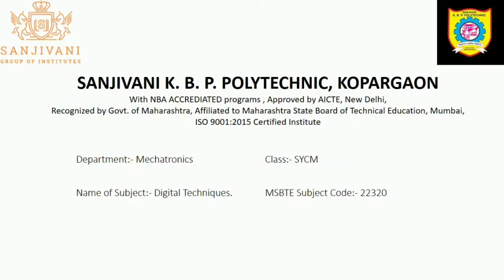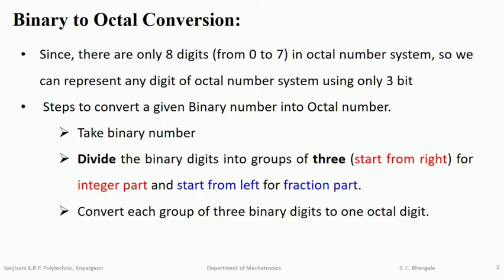Hello students, today we'll discuss converting the binary number system into the octal number system. As we know, in the binary number system, the base or radix of the system is 2. So we can use two symbols, that is 0 and 1. In the given numerical, the problem is in the form of 0s and 1s. We have to convert this number into the equivalent octal number.